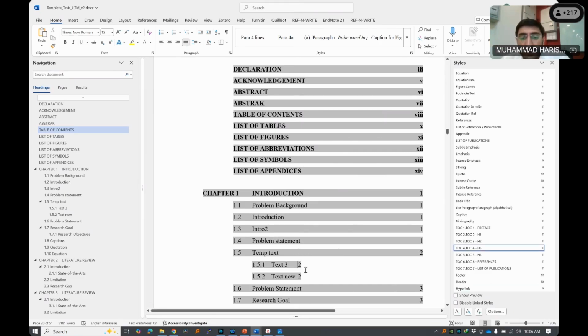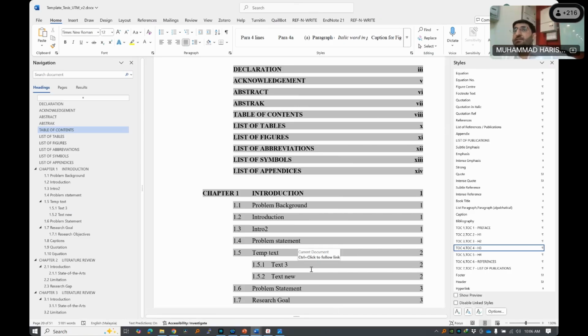You can see this 2 and 2, it's exactly near the word, and it should be on the right side. To make it right side, use the tab option. On the computer, above the caps lock, there is an option for the tab. You press the tab, and it will go to the right part. You need to do this for the table of content and page numbers whenever you are submitting a document